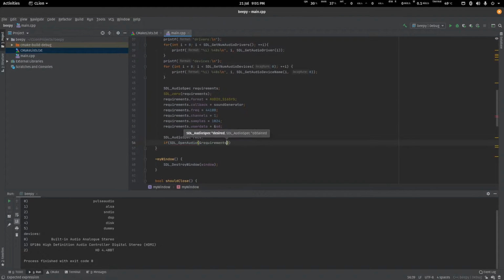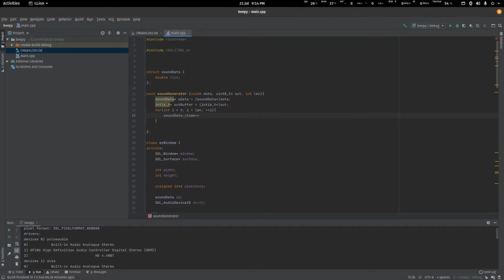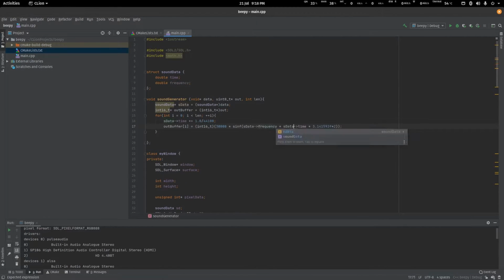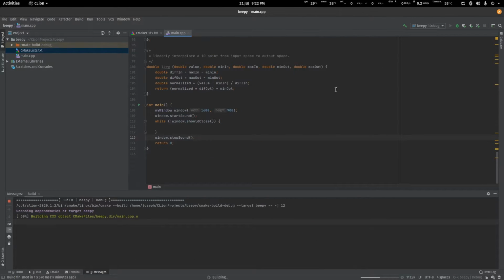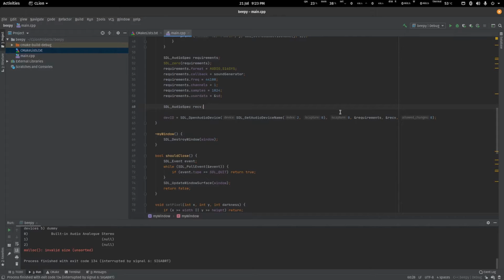Then I mess up at creating an audio device and go back up to my callback function, making it fill up my buffer with a sine wave. I then create some simple start and stop functions for my audio device that use SDL pause device, and wonder why my code explodes. I then stop double initializing my audio device, instead deciding to use only the SDL2 way of doing it,